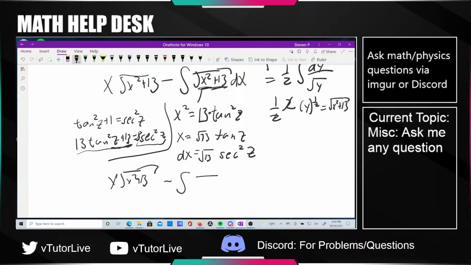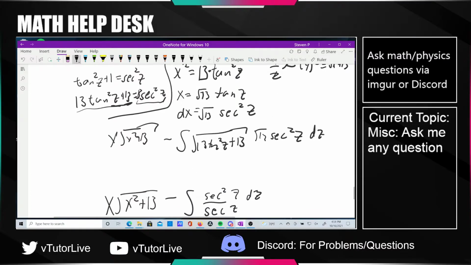Sorry about this, folks. Let me just quickly write this out again. This turns into 13 tan squared z plus 13. And then that's just subbing in for square root of x squared plus 13. And then dx turns into rad 13 secant squared of z. And then this is all dz, right? So if you just look at this, the 13 and rad 13 and the rad 13 just pop out to be a normal 13. And then this turns into square root of tan squared z plus 1 times secant squared of z dz,